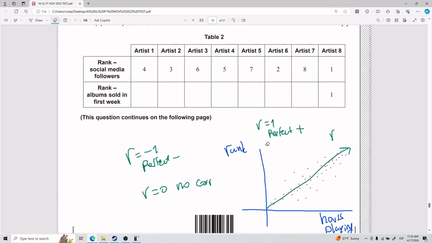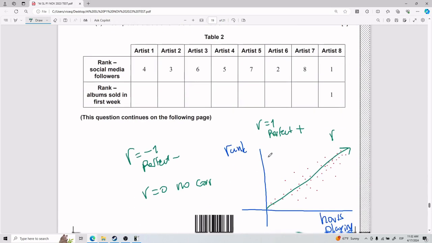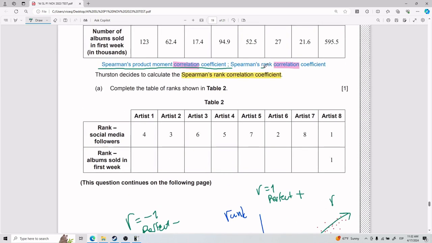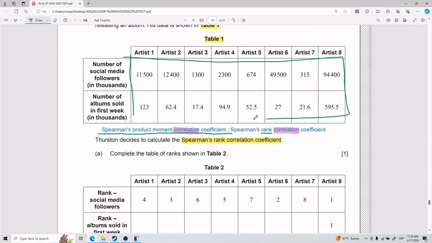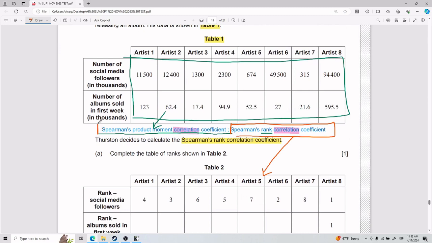That is correlation. Okay, you try to find the relationship between two variables. If this one increases, how much is the other one prone to increase? Okay, and so usually, especially for Spearman's product moment correlation coefficient, you have a lot of different points, and you're trying to find the value of R that sort of cuts between all of these, right? For Spearman's rank correlation coefficient, it is very similar, just that instead of plugging in these values here, so this would be for Spearman's product, for Spearman's rank, you want to make sure that all of these numbers are ranked together, okay?